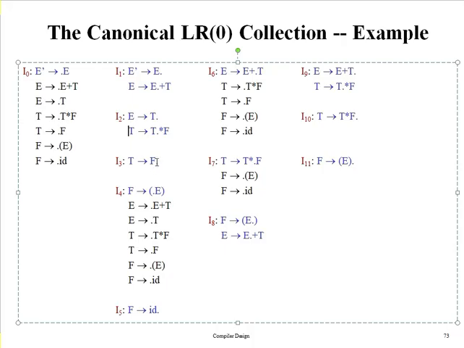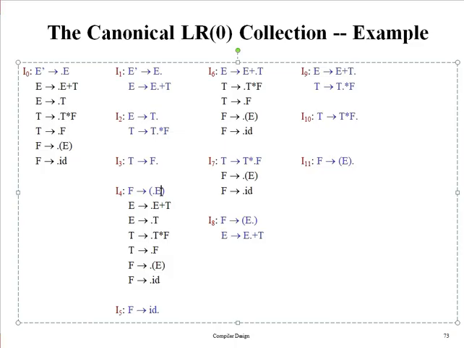I8 can be generated from I4, not from I3, because in I3 we have already reached the right end, so it is a final item. It is impossible to generate a new item from this item. Then we can now generate I8 from I4, by changing the position of dot